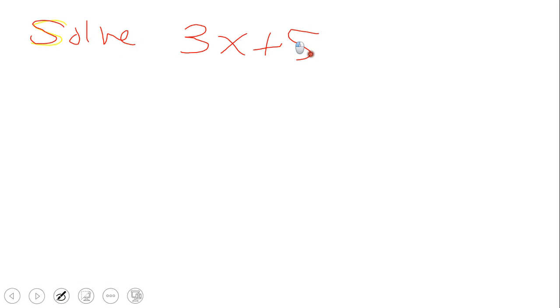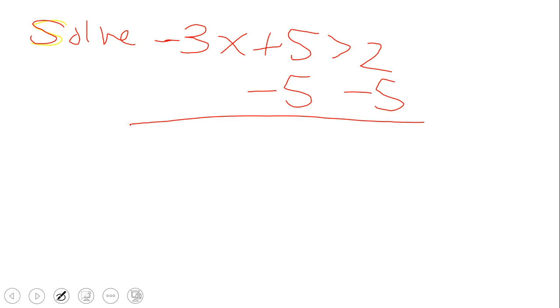Alright, so let's say we want to solve, and that is not going to be very visible, negative 3x plus 5 is greater than 2. Same as when I solve a linear equation, just isolate x. The 5 is added and x is multiplied by negative 3, so I'm going to do the opposite. I'm going to subtract 5, and I get minus 3x